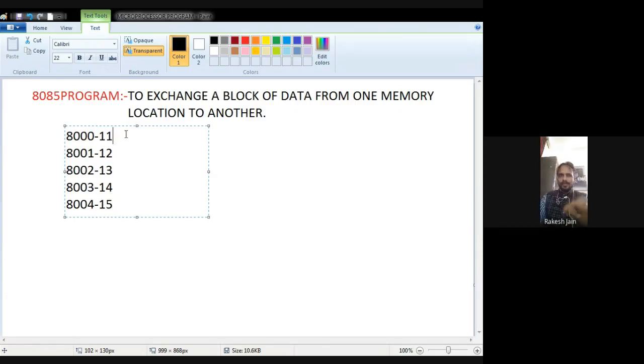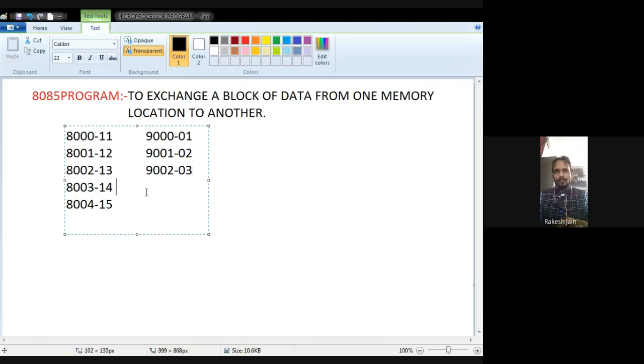And let's suppose from the second memory locations onwards, the data are 01, 02, 03, 04, 05.